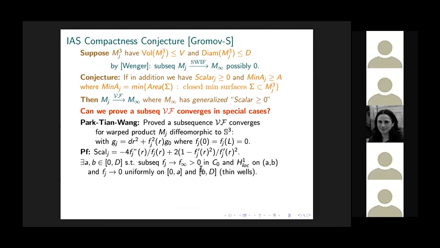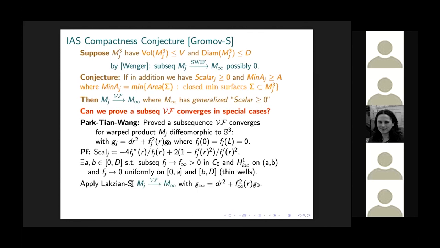And F_j goes to 0 uniformly on the two sides. So it could have thin wells on either side, or maybe A and B are actually 0 and D and there are no wells. But wells could develop and it will converge to 0 uniformly on these wells. They then show the volumes of these wells are going to 0, and they're able to prove that they use